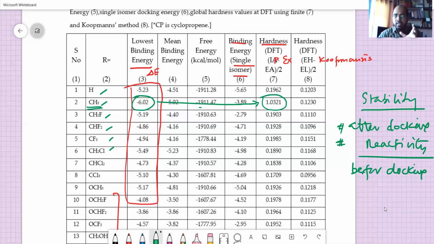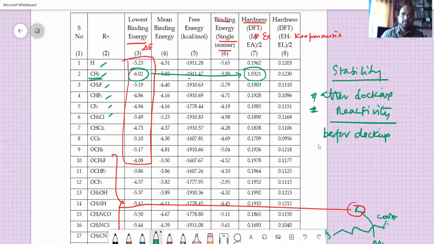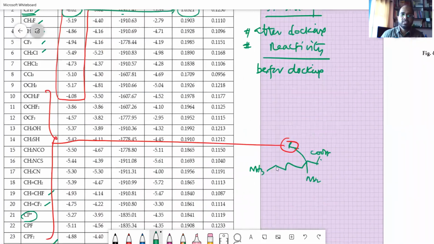Okay, this will tell you what factors and what things will be very useful in the analysis. It should be very reactive before docking. Once it goes there, it stabilizes there, it gets blocked there, and that stability is what we are measuring. And the drug should not remain there for long. It will come out somehow, and that is dependent on the lock-and-key factor, how much time it stays there in situ.